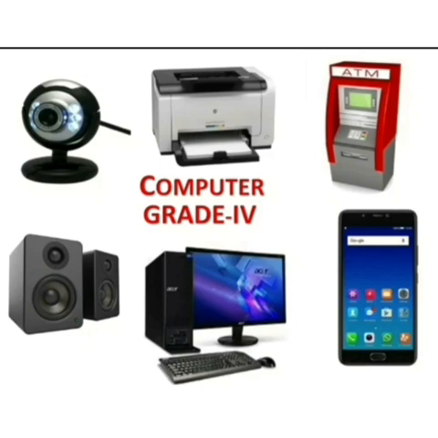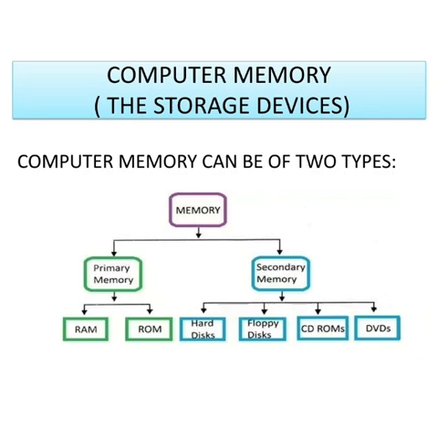In our last video, we started chapter 2, computer memory, the storage devices. In that video, we covered some topics such as the computer being an electronic device. It stores and processes everything in the form of electronic data value, and data representation in computer. So today we are going to learn the classification of computer memory. Computer memory can be classified into two parts, that is primary memory and secondary memory.